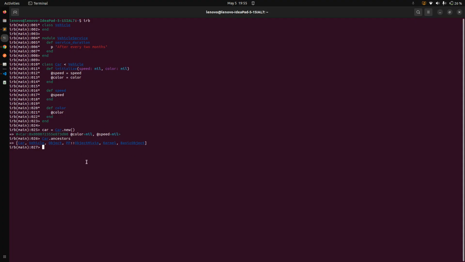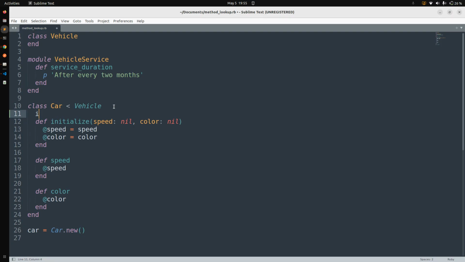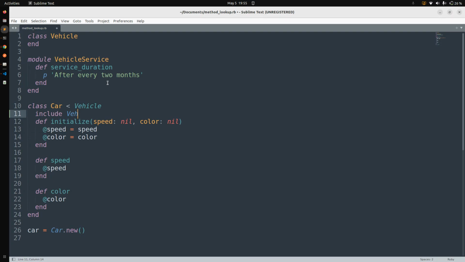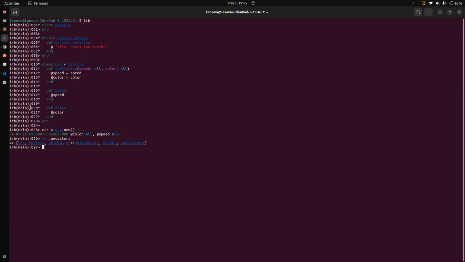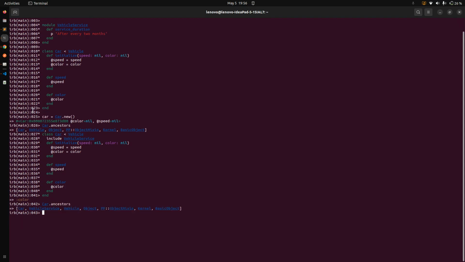Now let's modify our car class. Here what we can do is include VehicleService. Okay, and now let's put this class into IRB again. Now if you do car.ancestors, you will see that the hierarchy has changed, and now you need to check: Car, VehicleService, Vehicle,